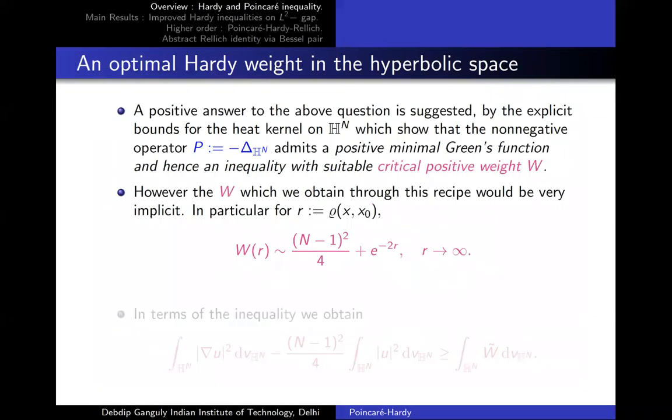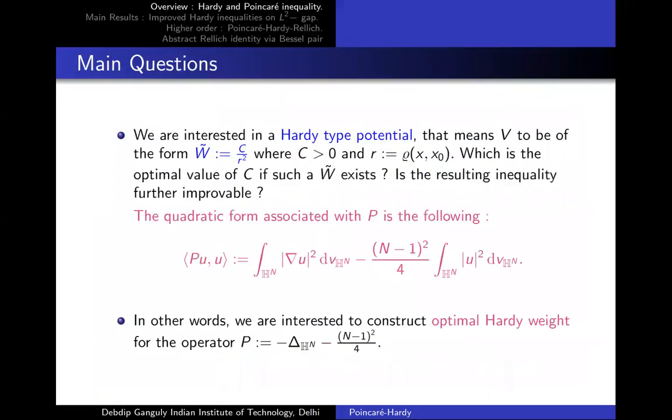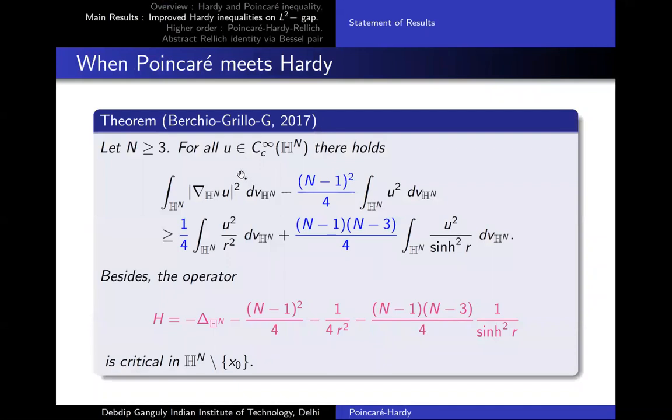Of course, we cannot follow their method, because this method at most gives you exponential minus 2r. So we prove it with a completely different method. We have to use some kind of ground state transformation and a super solution technique, step 1, and then in step 2 we have to use some spectral estimates to prove that the integration of gradient of u square dvhn minus (n minus 1) whole square by 4, this is the Poincaré,